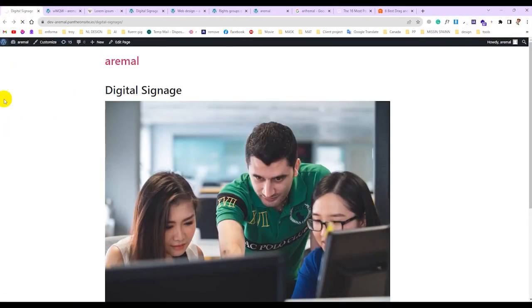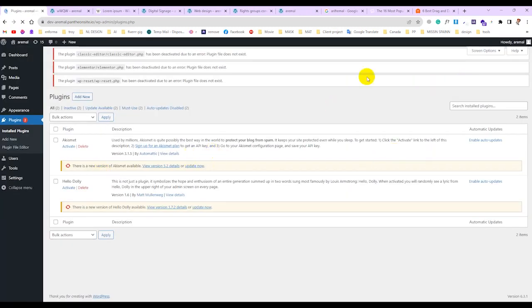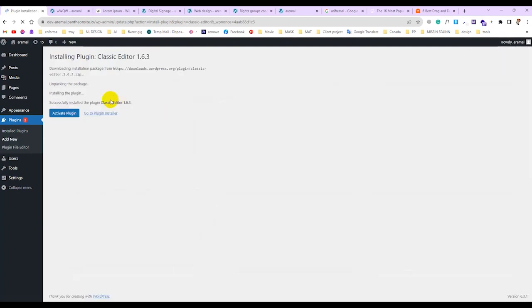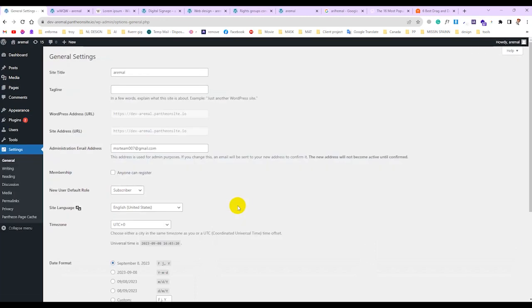And there is also another famous editor called classic editor. Okay, let me, for now I'm just going here, plugins, then add new, then install. This is a classic editor, it always appears on the top, then activate. If you go to our settings option, then general, writing,